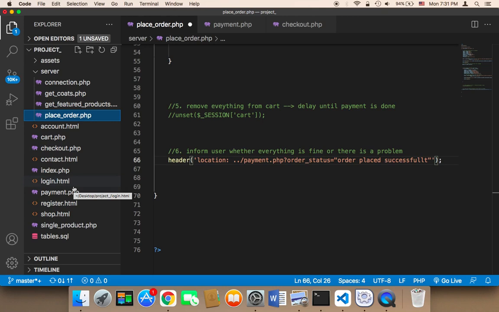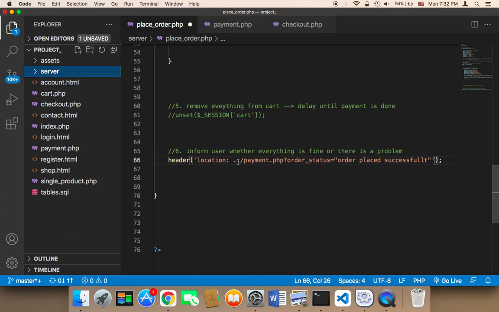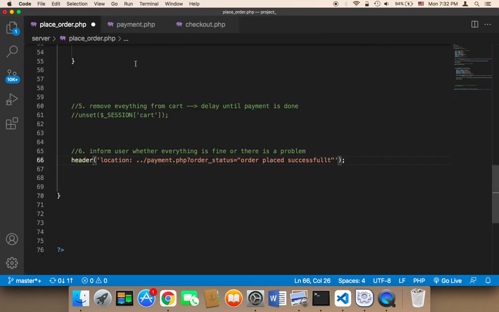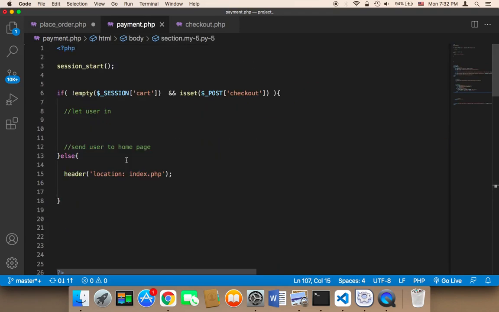Or we can move the payment. You can move the payment to the server. Let's move the payment to the server if you want to keep things. Let's keep it like this. I don't want to confuse you right now. So here, don't forget to add ../ and then /payment.php. Another thing that I want to do is that in the payment.php, at the top here,